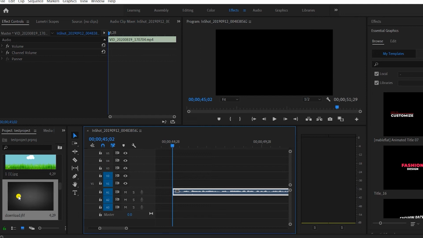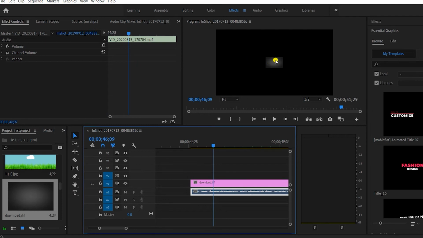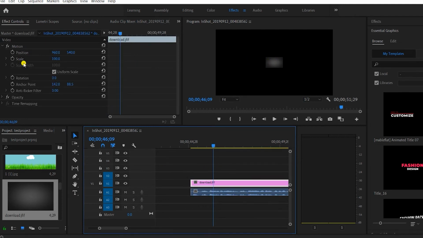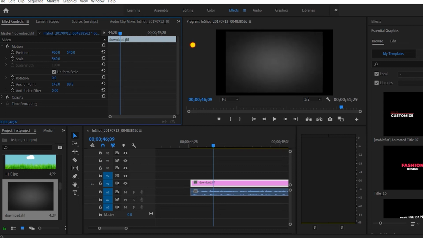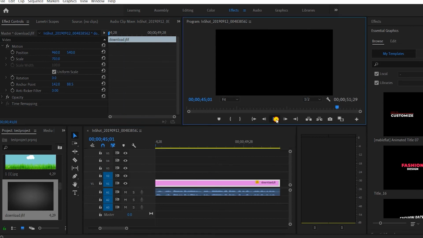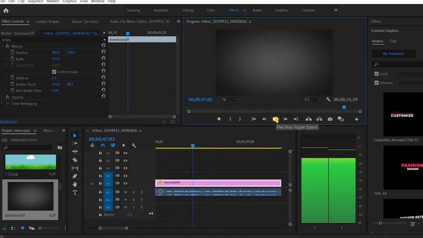So now because we only have an audio and we don't have a video, we'll place a background over it. So I've chosen this gray background. Simply drag it and place it on the timeline. Right now the scale of the background is too low. Again, we'll select the background and increase the scale through the scale section. So again, left click and hold and drag it to the right to increase it till it fits fully through the screen. So now we have a background over here.